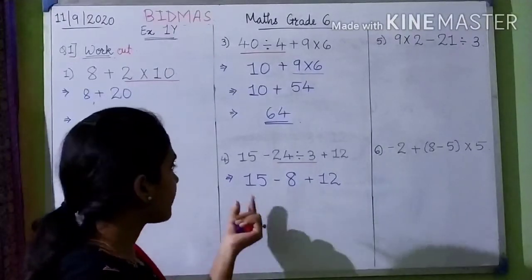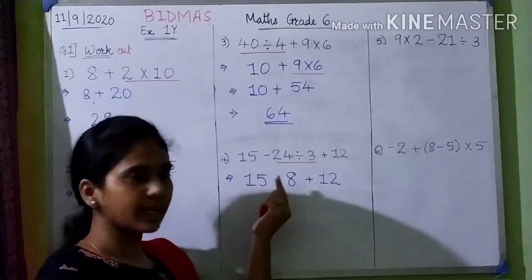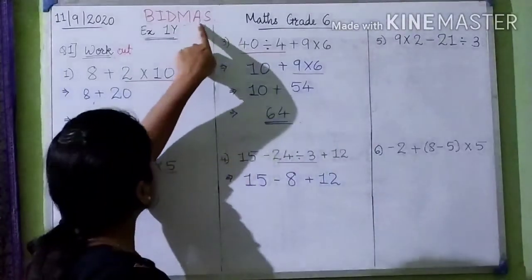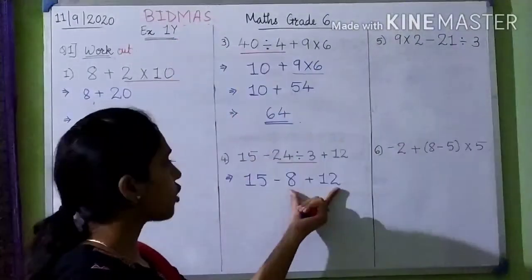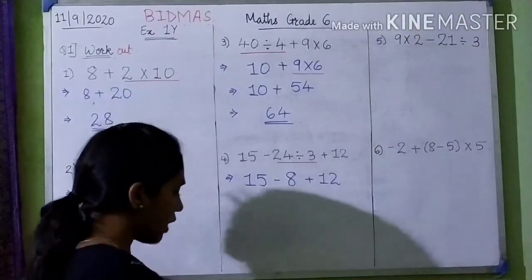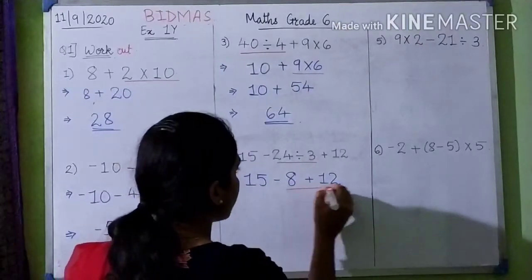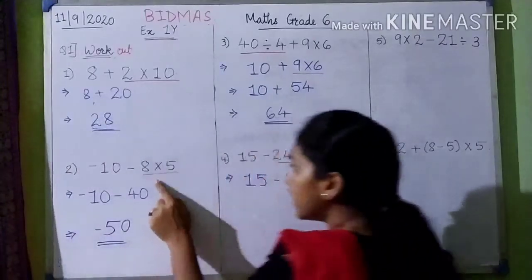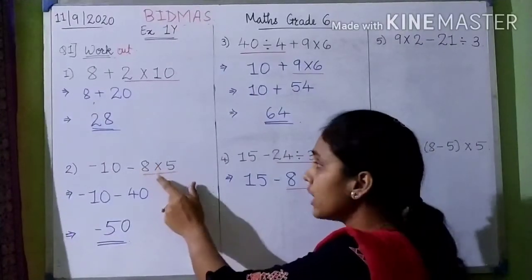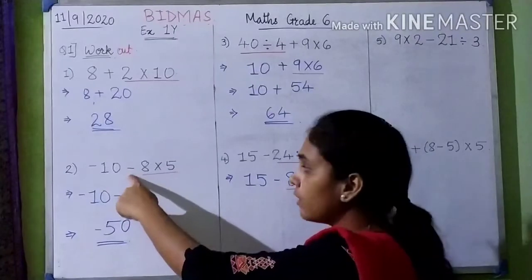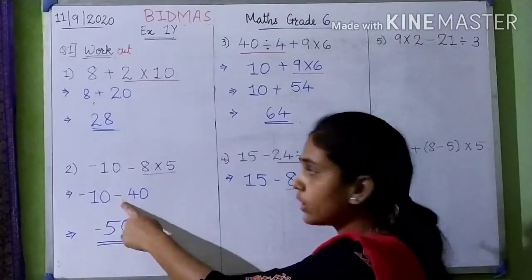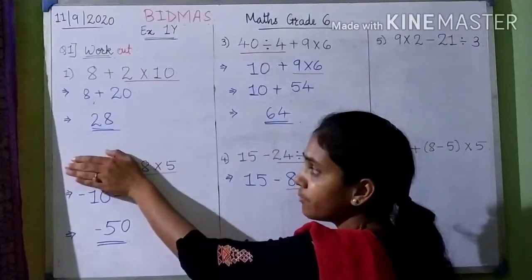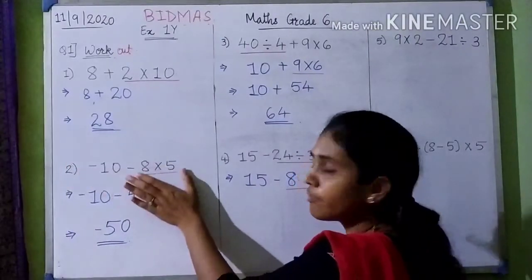Okay. Now, one operation is subtraction and the other operation is addition. So first which will we solve? Addition comes first. So first we will solve addition. Now, when we solved this multiplication of these two numbers, we did not consider this minus sign. We kept that minus sign as it is. We just solved what is 8 into 5.